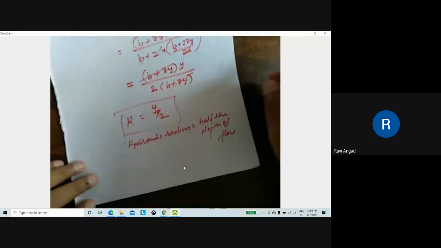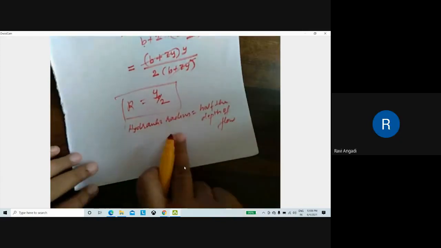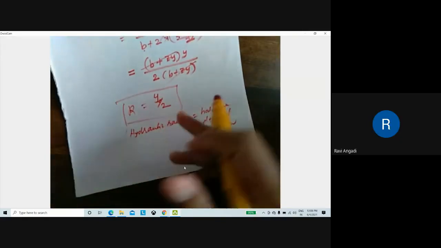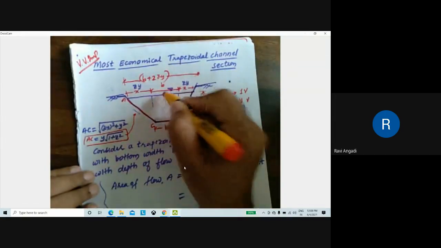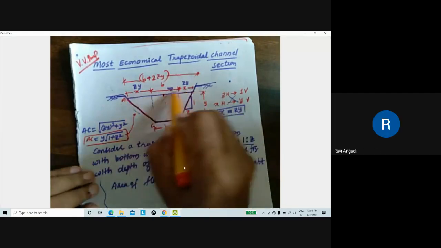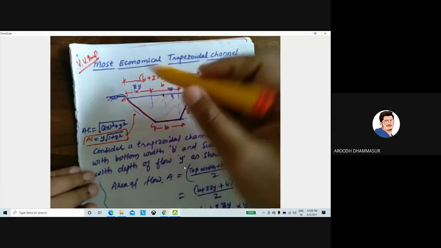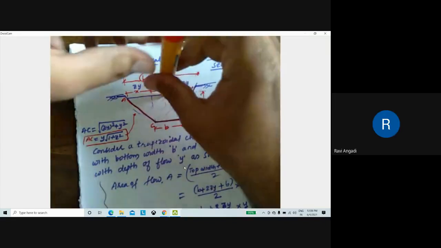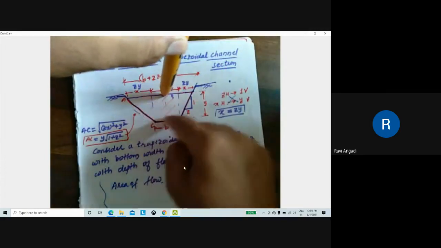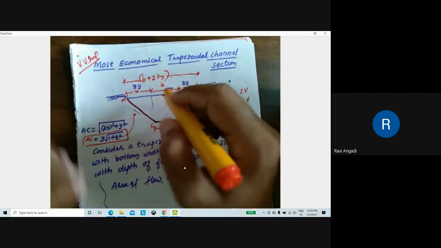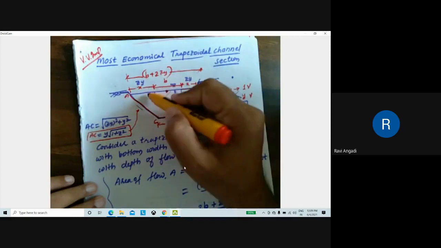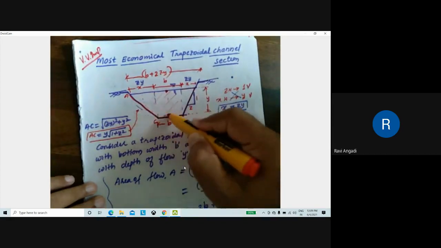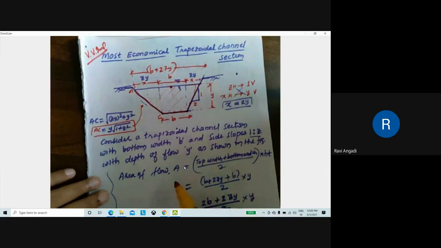Is it okay? Till here you try to understand. Next I'll tell you what the condition is, then I'll derive it. See, the next condition is by taking the center at the top of the channel section. When I take the center here and draw a circle with a compass, by taking this as a center, that circle should touch all the sides. I hope you're understanding what I'm saying.